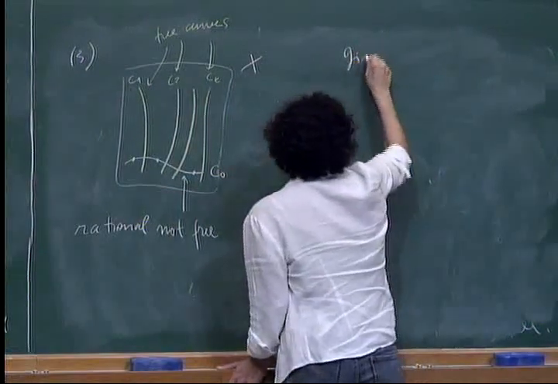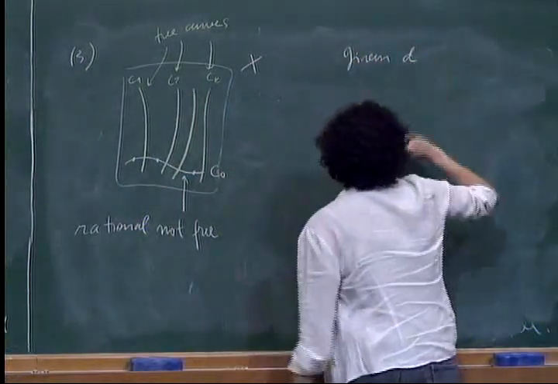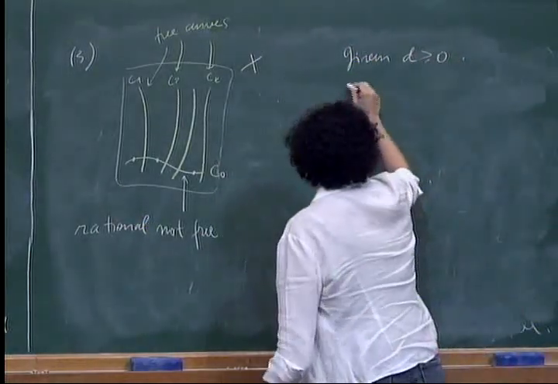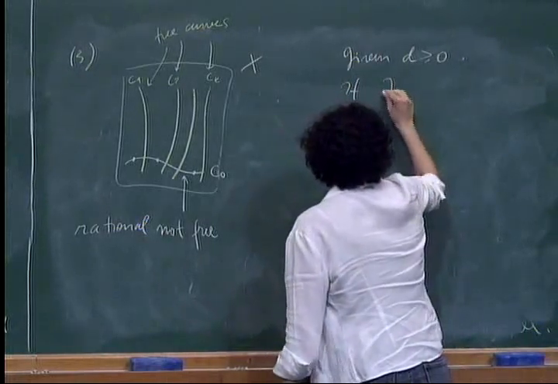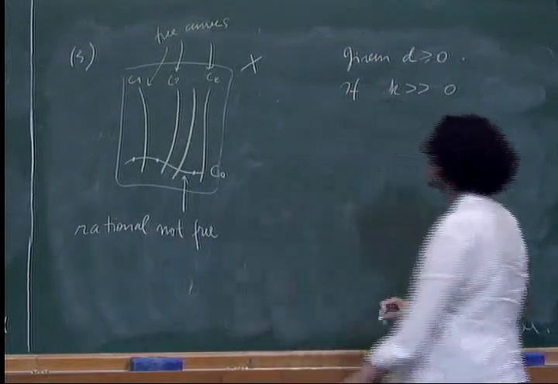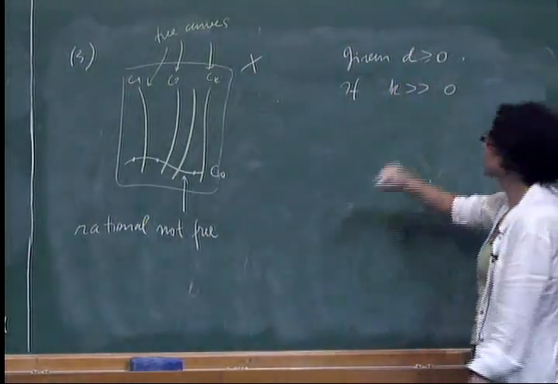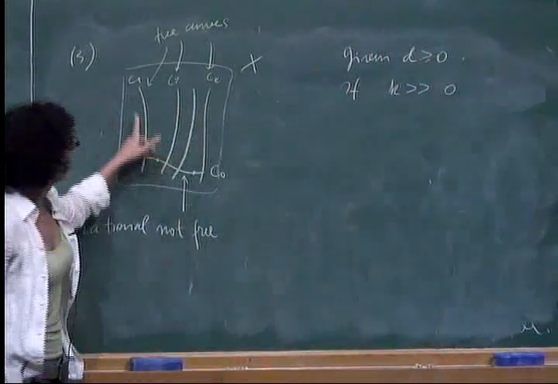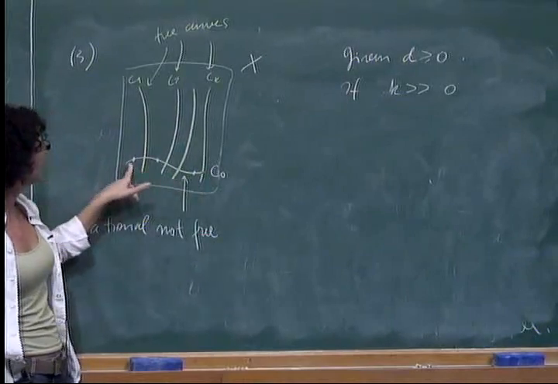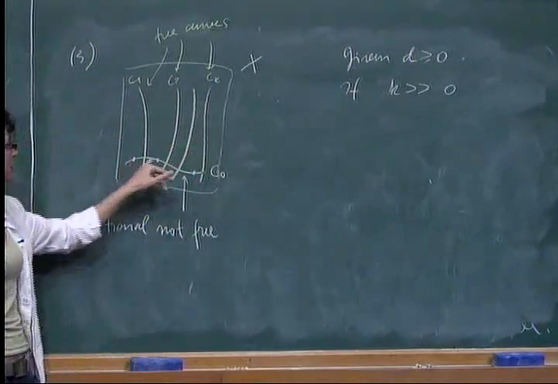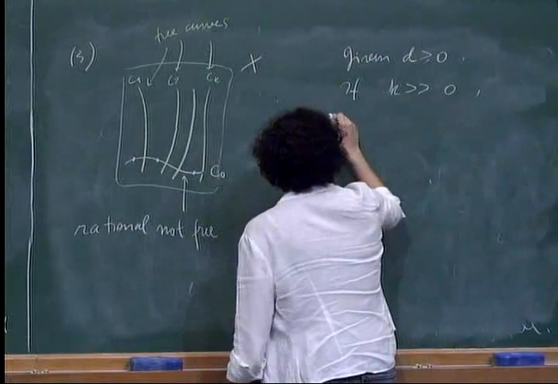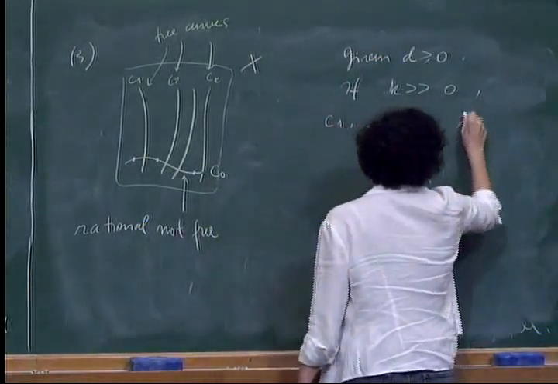Given D greater than or equal to 0, if I take K big enough, and this big enough will depend on D, and attach these free rational curves to C0, then I can deform the whole union, keeping these points fixed. So if K is sufficiently big, and I have C1 up to CK free curves